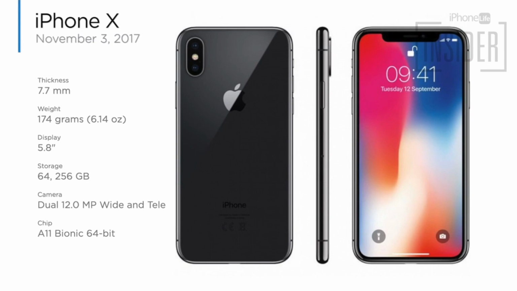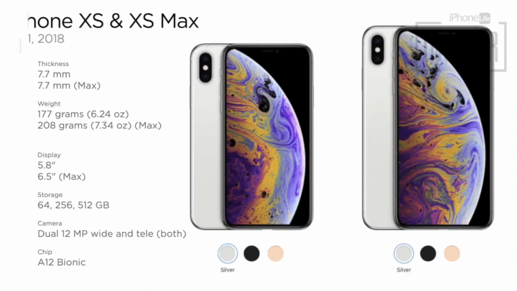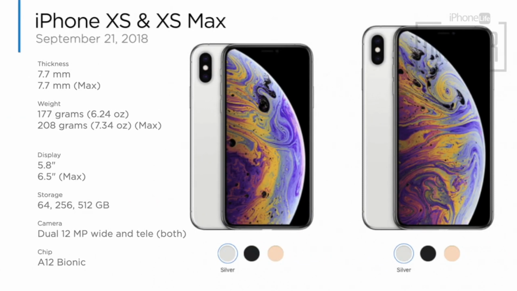The iPhone 10, written as iPhone X, came out November 3rd, 2017. Speaking of awesome cameras, the iPhone 10 included an extra front-facing camera that let us take amazing selfies in portrait mode. Apple announced the XS and XS Max at its September 2018 event in the Steve Jobs Theater. These models were well named, as they were definite upgrades along the lines of the iPhone 10. Both models had the front-facing camera for portrait mode selfies, the displays were edge-to-edge, and it all looked great with the Super Retina HD display.